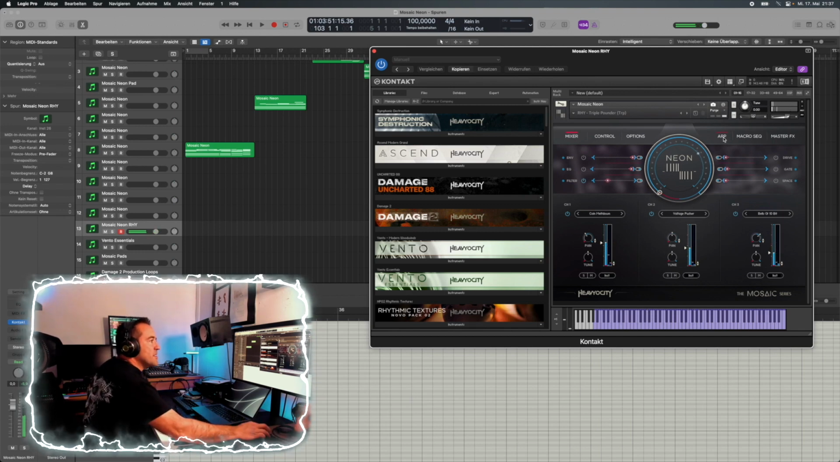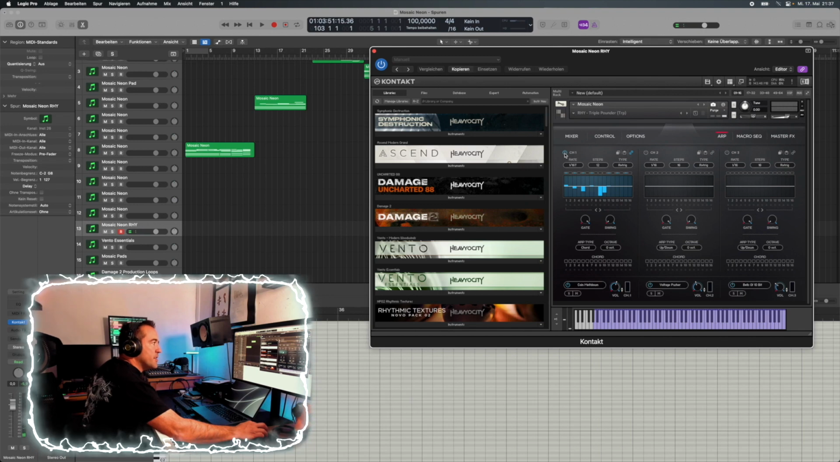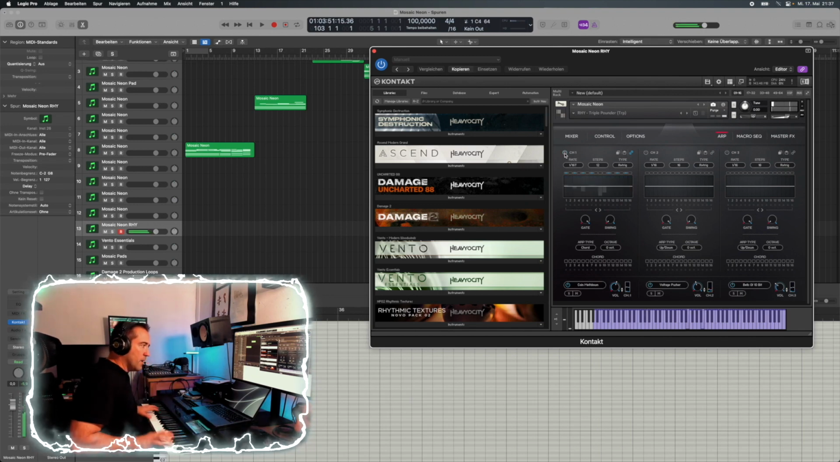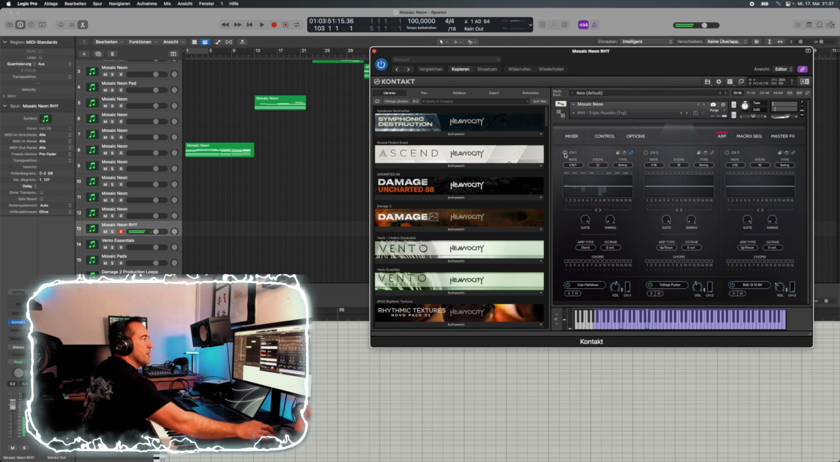And all this is done by the arpeggiator. If I switch the arpeggiator off, it's just a pluggy sound. If I switch it back on,